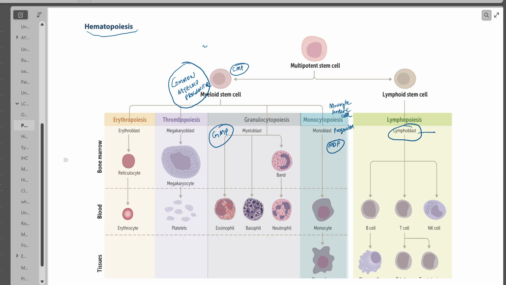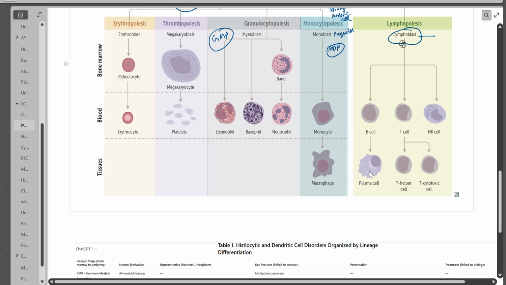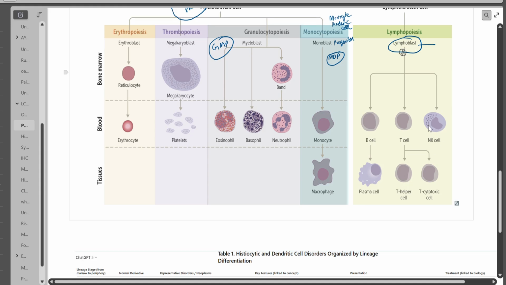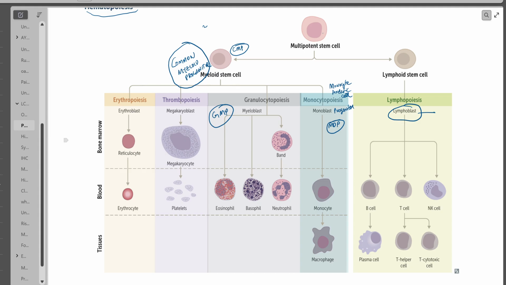At this stage, you have ALL, where you can have B-ALL, T-ALL, or NK cells. And from the myeloid stem cell stage, it can become either a WBC, megakaryocyte, megakaryoblast,